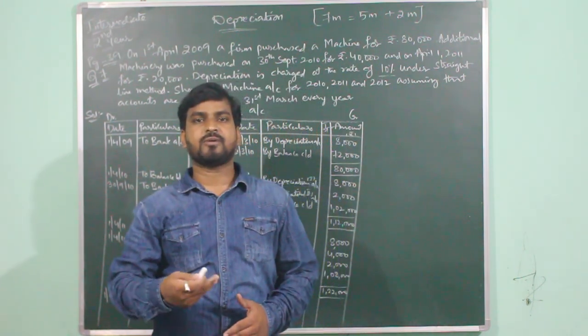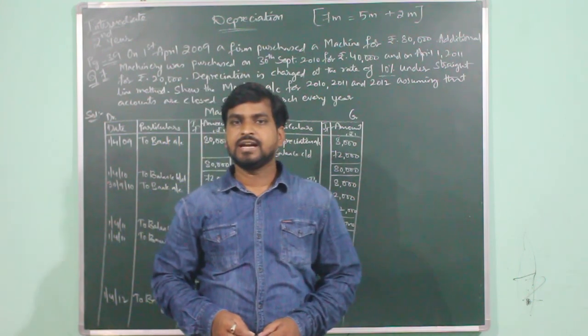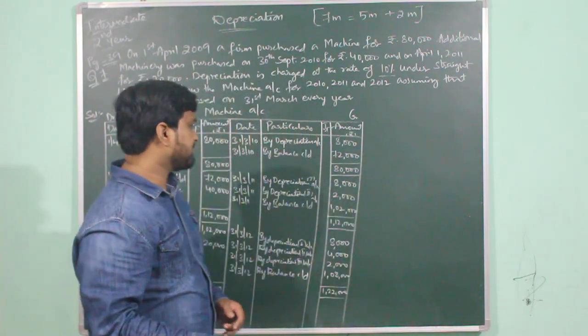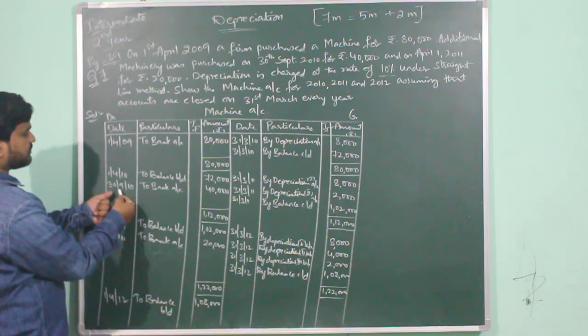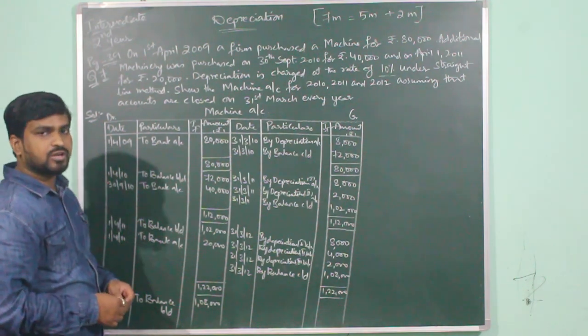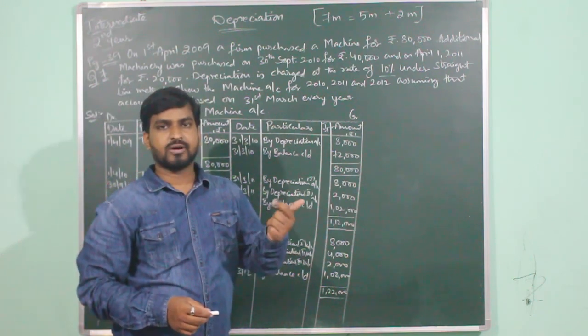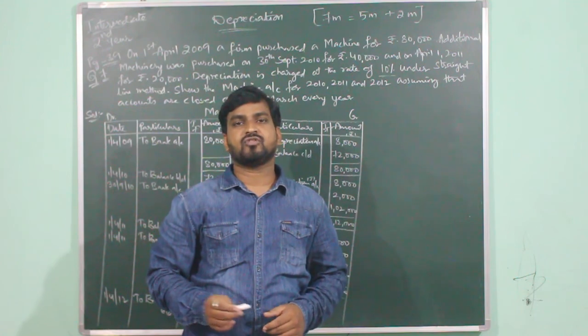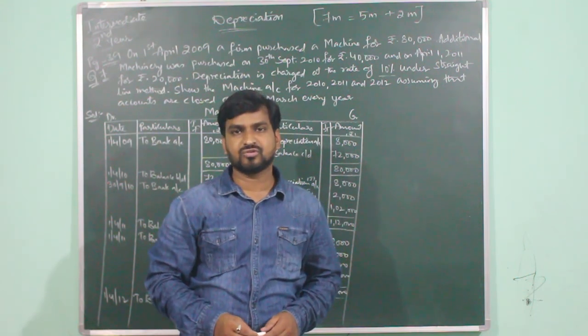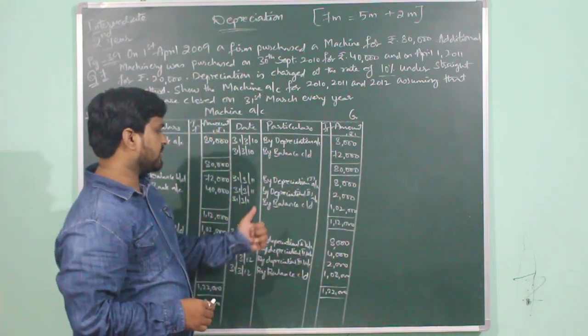So what is the annual amount of depreciation on the second machinery? It is 4000. But the second machinery is being purchased on 30th September. 30th September in the sense पूरा September complete हो जाएगा. Then the counting will be from 1st October. October, November, December, January, February, then March. तो यहाँ पे जो second machine है वो सिर्फ 6 months के लिए use हो रही. So the depreciation will be provided only for 6 months.